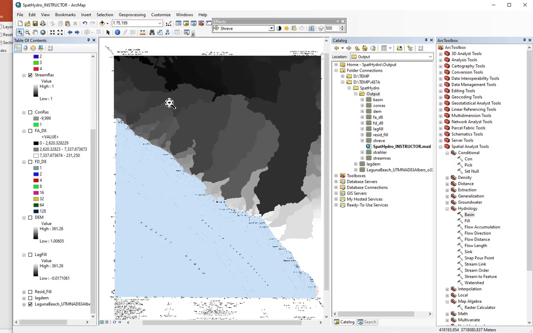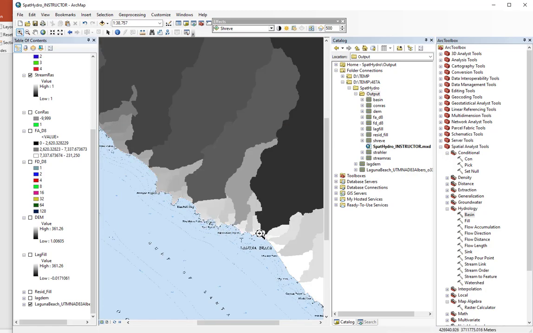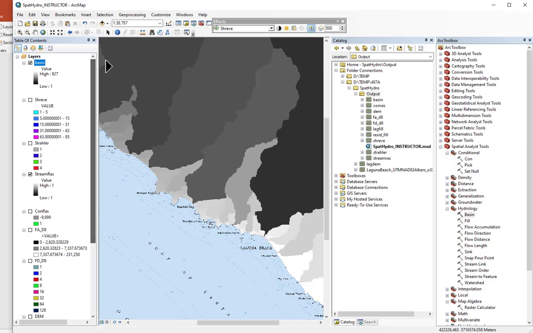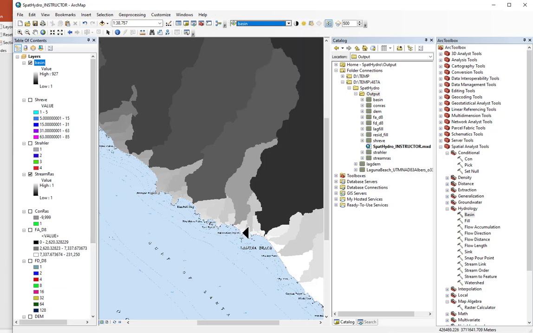Let me zoom into the bottom here because this is what I wanted to point out, is that things get a little weird down at the bottom when there's built up areas as far as ArcGIS being able to derive a basin. I don't know what's going on with my effects tools. Oh, because I have Shreve here. Okay, make sure you have basin in your effects and then you can swipe